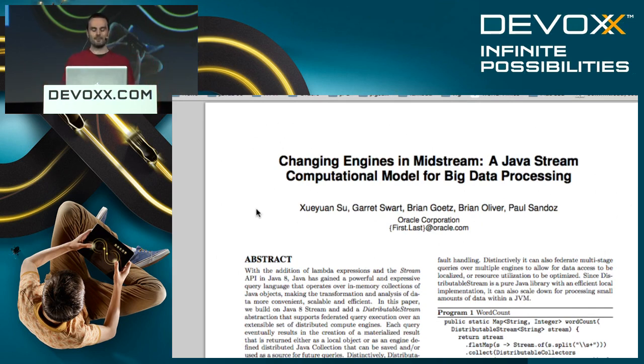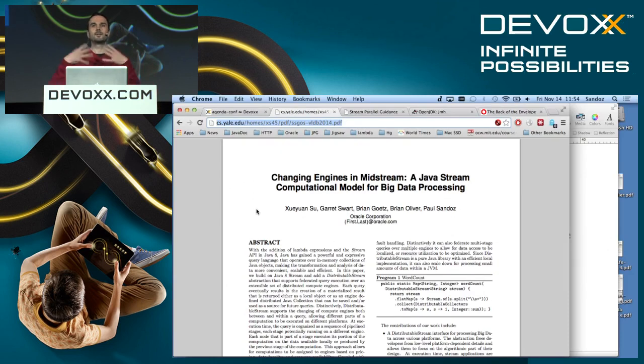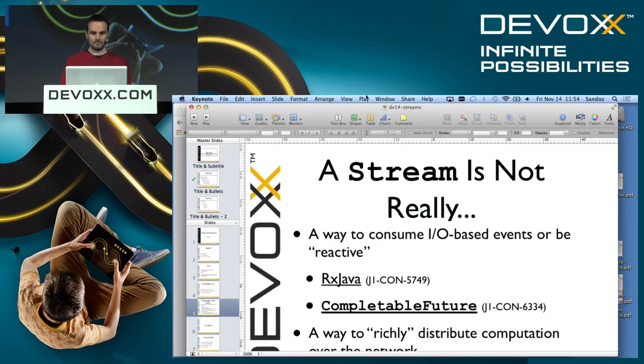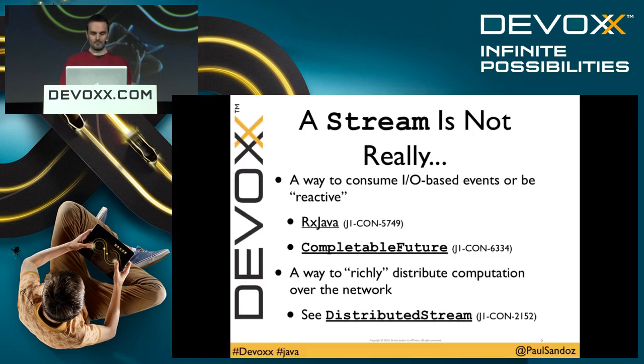So there's a way of combining these things, quite interesting: local processing, distributed processing, map reduce on your own computer and in the large, essentially. So the concept of a stream is larger than the Java 8 stream.